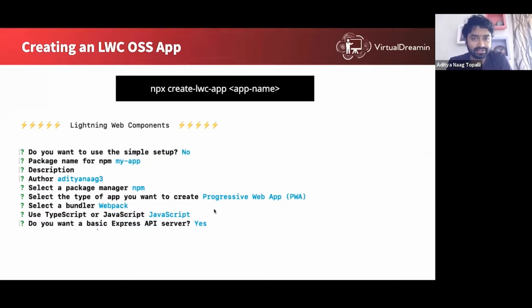And using this tool, you can create PWAs as well. You can choose to create a normal web app or a progressive web app. And bundlers, we spoke about the build tool. You can either use Webpack or any other tool of your choice. You can select which one you want to use. JavaScript or TypeScript. And finally, the most important question for today is, do you want to use a basic Express API server? Basically, what it says is